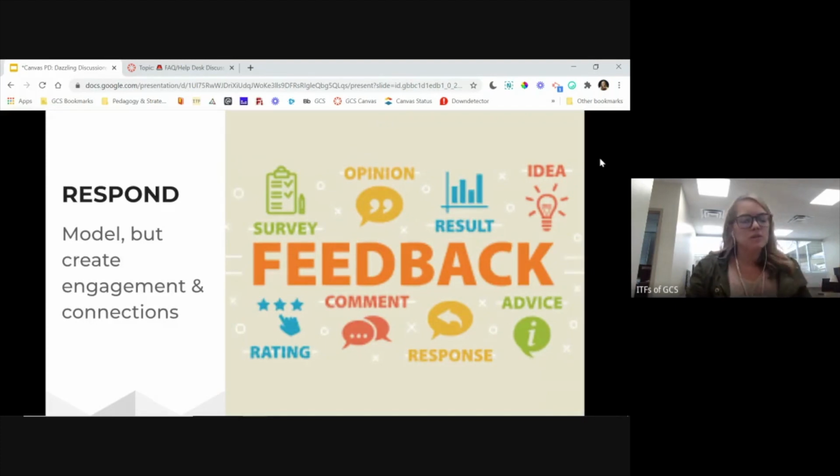Respond to students, but not every student. So here's why. If you respond to some students' discussion when they're responding to your prompt, you're modeling what a good reply looks like. So you would use those sentence stems, you'd use those norms. You're going to model for students. You're also going to be giving students feedback. And if you change who you're responding to each time,